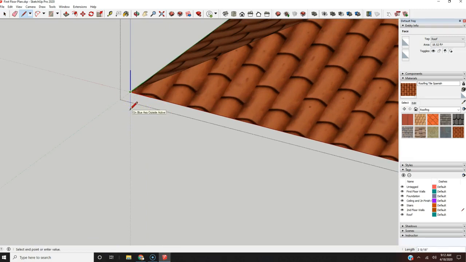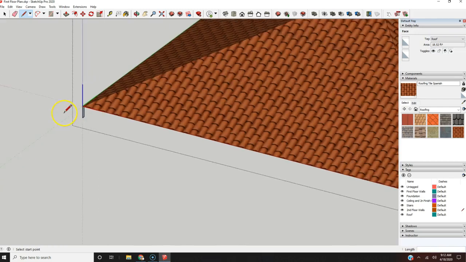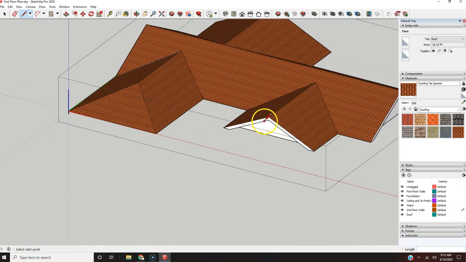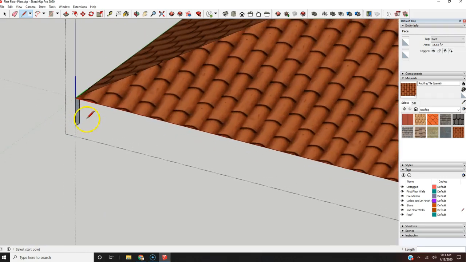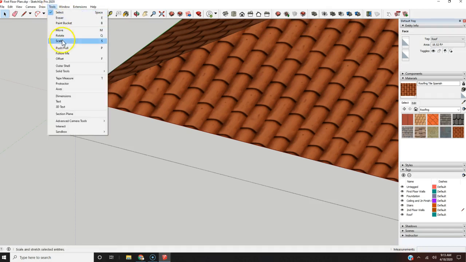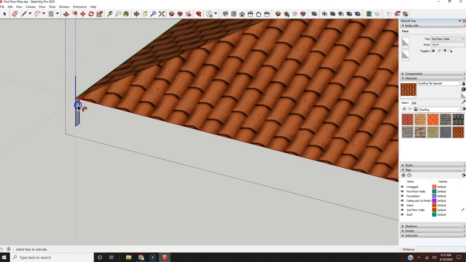Let's come down. Since we did 8 inches, I'm just going to stick to that. So 2 inches, 8 inches, and let's just go 8 inches up. There we go. Because we did 8 inches right here. So now I'm going to use the Follow Me tool. The Follow Me tool is pretty useful. It's like the Push-Pull tool, but on steroids. And so let's go right here to Tools, Follow Me, and